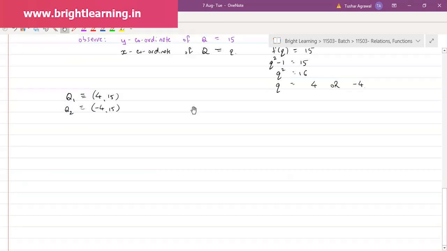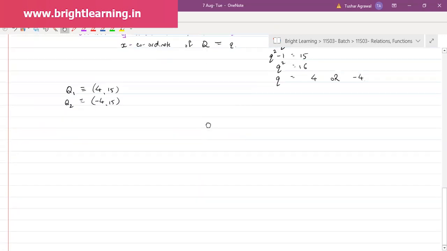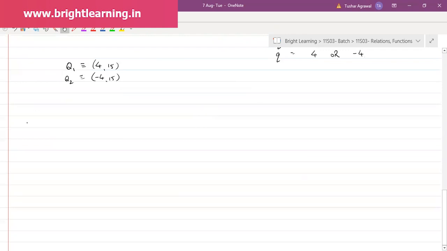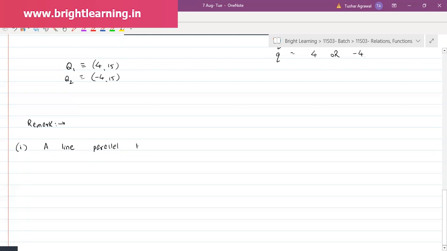First write the remarks. A line parallel to the y-axis, that is, in other words perpendicular to the x-axis,